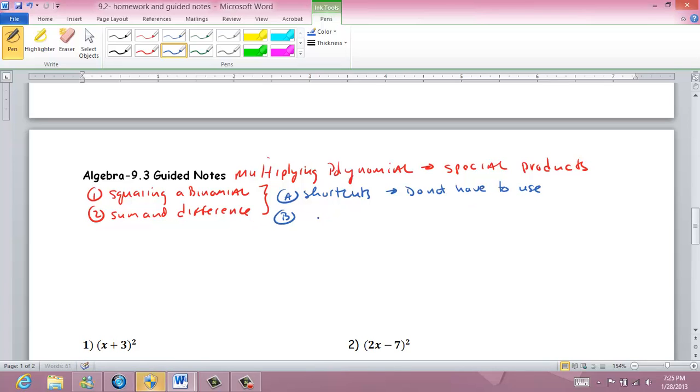Second is, this is very important for next week when we factor. Recognizing patterns and how the shortcuts work help with reverse multiplying, which is what we consider factoring. So, although you don't have to use the shortcuts, it is good to try and learn them so that you can make factoring easy. So let's look at our first